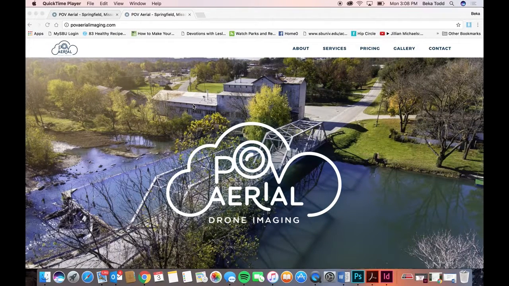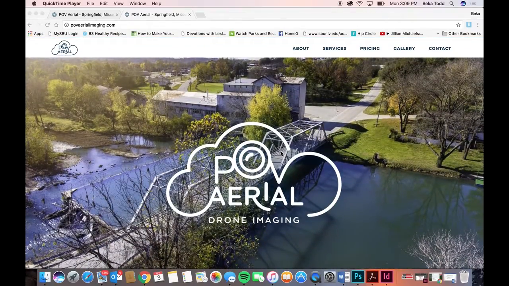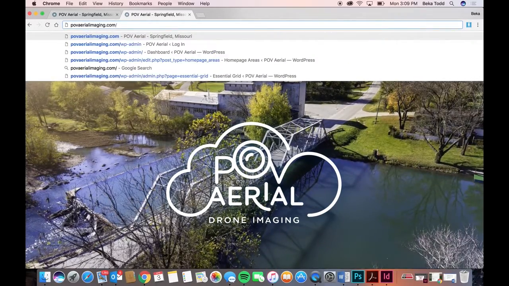Today we're going to be taking a look at POV Aerial. This is the site, so I'm just going to go through how to do most of the basic things on here. So to log in, you'll go to your web address and then